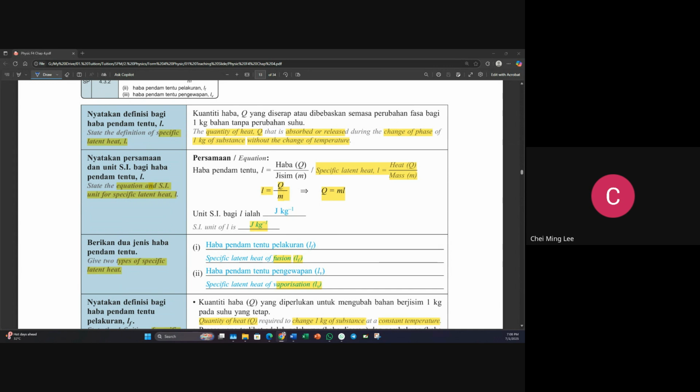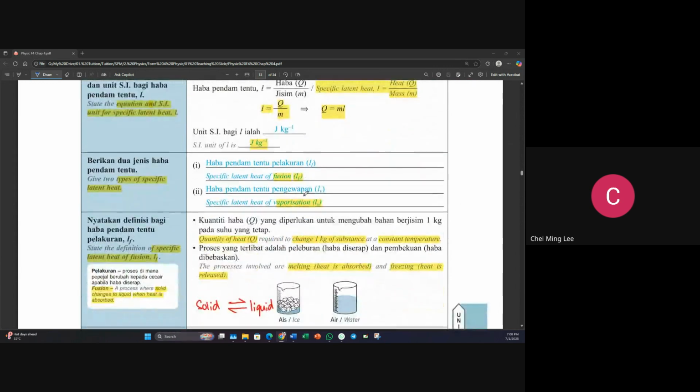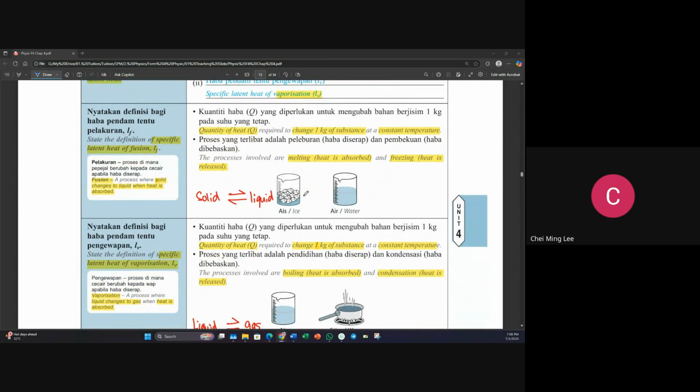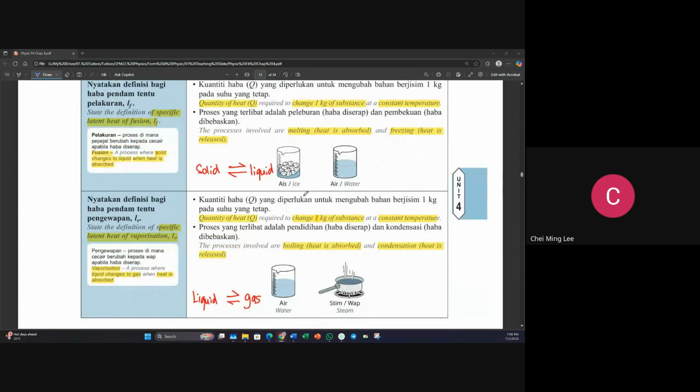Done? Okay, so now let's see the definition of the latent heat of fusion. What is fusion? Fusion is a process where the solid changes to liquid when the heat is absorbed. So the specific latent heat for fusion is the quantity of heat required to change 1 kg of substance at a constant temperature. The process involved is melting and freezing, where in melting the heat is absorbed, in freezing the heat is